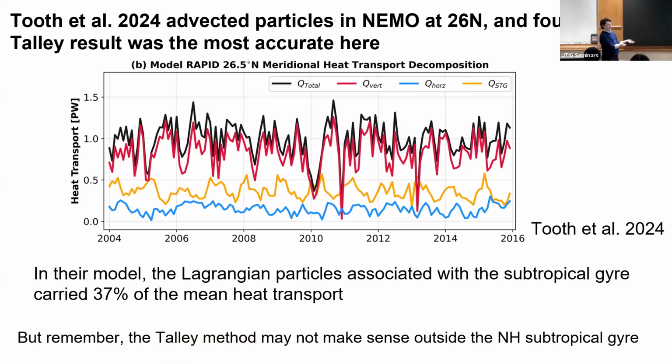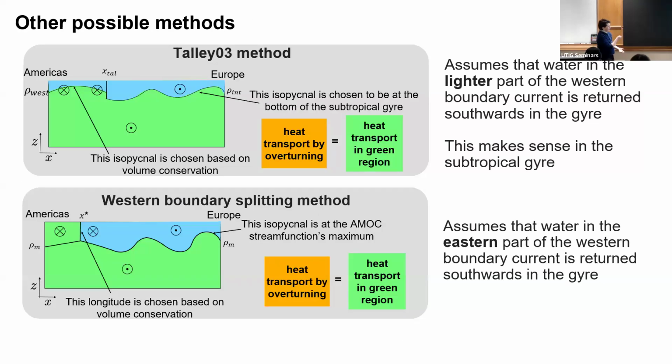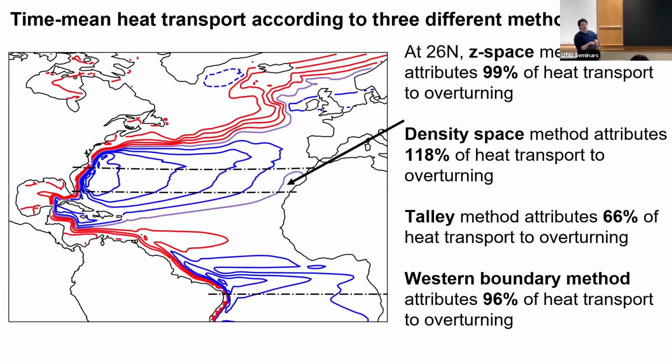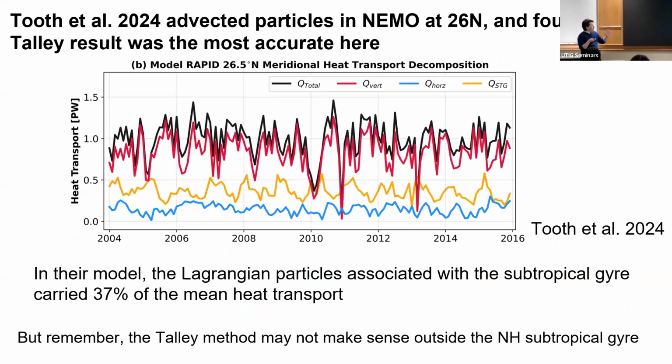And when they look at where their particles go, it is more consistent with the idea that the water that's on the western boundary that's denser is continuing north and feeding deep water formation in the North Atlantic, and the water that's lighter is the water that turns around and comes back in the gyre. So yeah, the Talley method makes sense here, but it's also true that